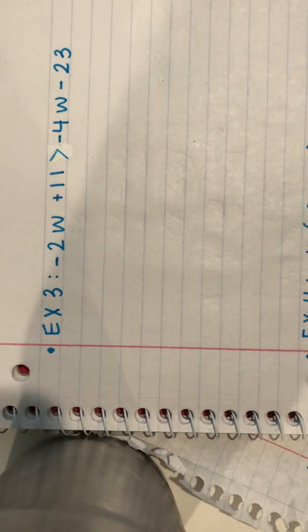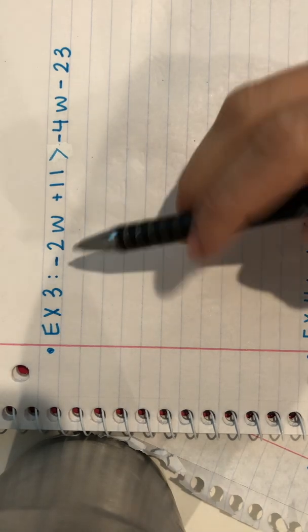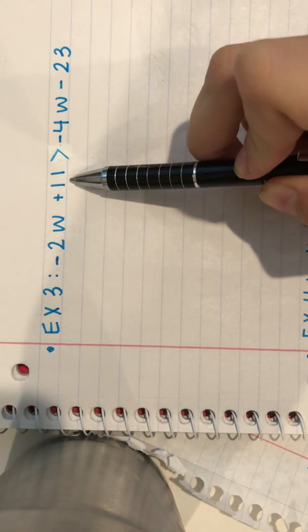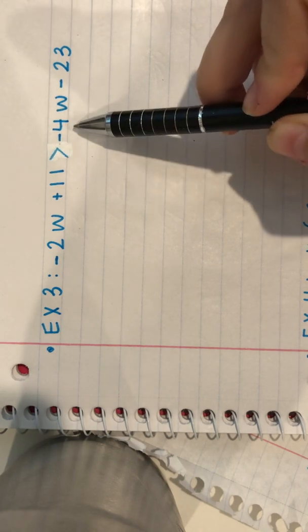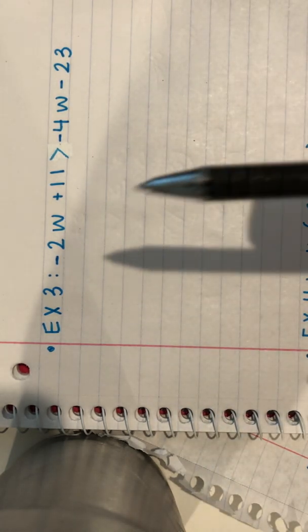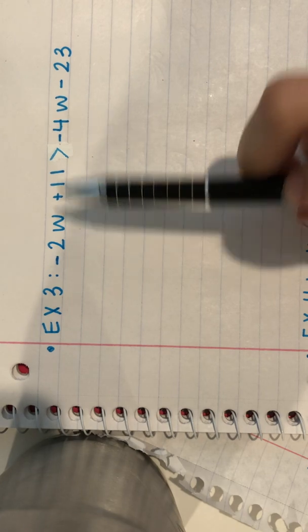We'll look at one with a couple more steps to the equation. So this is example 3. With example 3, we have negative 2w plus 11 is greater than negative 4w minus 23. If you'll notice with this inequality, you have variables on the left side and on the